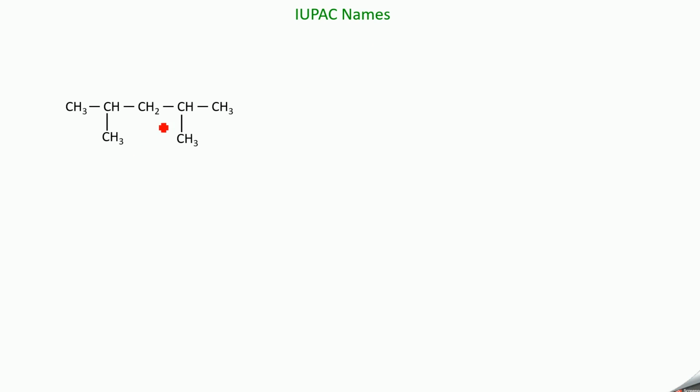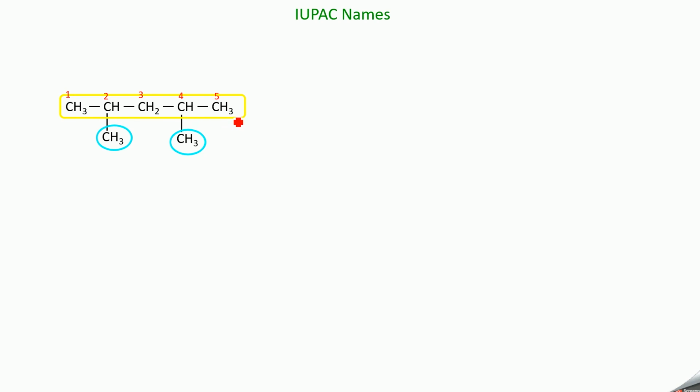For example, you take this one. First you select the longest chain. The chain must be a continuous one, and the longest one containing more carbon atoms. So this can be the longest chain. We can take this also as the longest chain because it also contains 5 carbon atoms, but both are the same. So you can take this as the longest chain, and we have 2 branches attached to this longest chain. And do numbering. We have number 1, 2, 3, 4 from left to right.